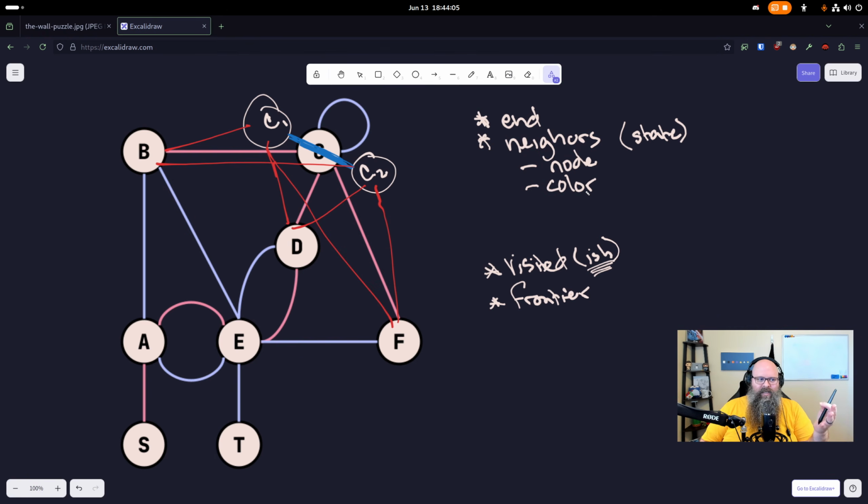And why do I bring this all up? I think when you're trying to solve this graph problem, you may run into some issues that you don't really recognize until you think about the graph as an exploded version of it. When you think about the graph exploded this way, or using this kind of state and neighbors solution, I should say,